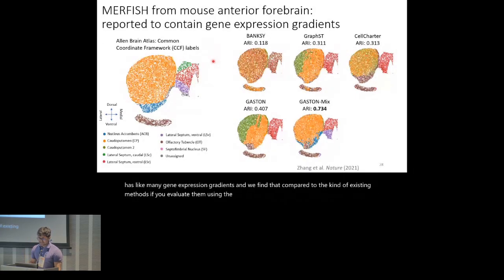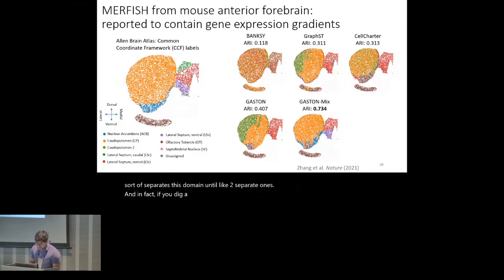ground truth Allen Brain Atlas labels, GASTON-Mix is more accurately able to identify these different regions of the mouse anterior forebrain. In particular, we were able to more accurately identify this orange region, this CP region, which often has lots of these gene expression gradients, and all of the other methods get confused by. For example, CellCharter separates this domain into two separate ones. And in fact, if you dig a bit closer